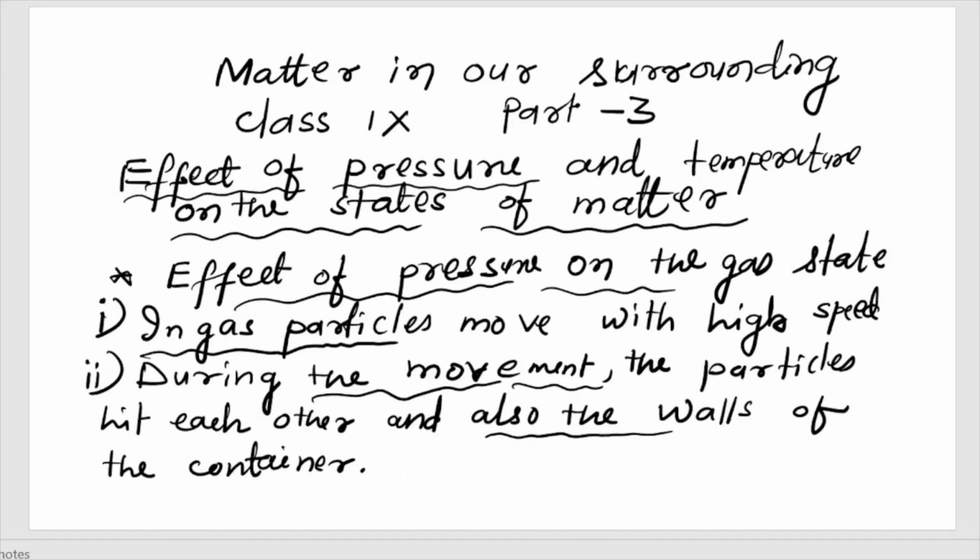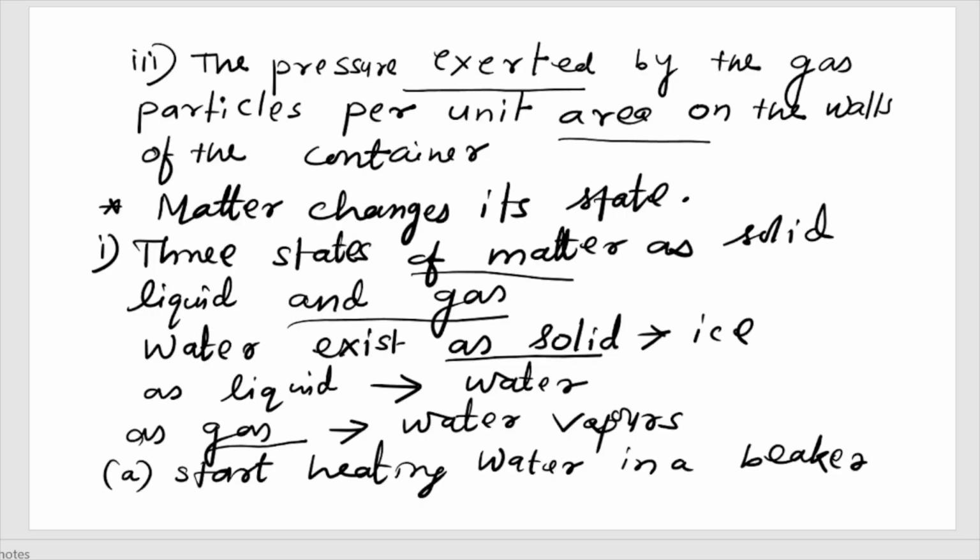हेलो, मैं आपको ये जो चैप्टर पार्ट 3, Effect of Pressure and Temperature on the States of Matter, उसको थोड़ा हिंदी में बताना चाहती हूँ। गैस पार्टिकल्स बहुत स्पीडली घूमते हैं क्योंकि स्पेस ज़्यादा है और पार्टिकल स्मॉल है। ये मूवमेंट प्रेशर और टेम्परेचर को कैसे अफेक्ट करता है? जब गैस पार्टिकल्स मूव हो रहे हैं, वो एक दूसरे से हिट कर रहे हैं और कंटेनर की वॉल पर हिट कर रहे हैं, उसको हम प्रेशर बोलते हैं।